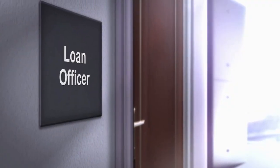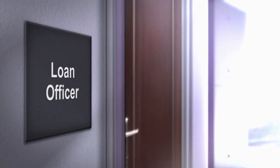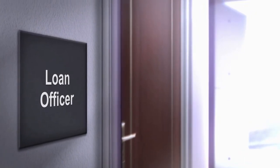Compare lenders. Before you choose a loan, it's wise to compare offers from multiple lenders. You can apply with banks, credit unions, and online financing companies, or even the company you bought the RV from. Shopping around first for the best deal on financing might save you thousands of dollars over the life of your